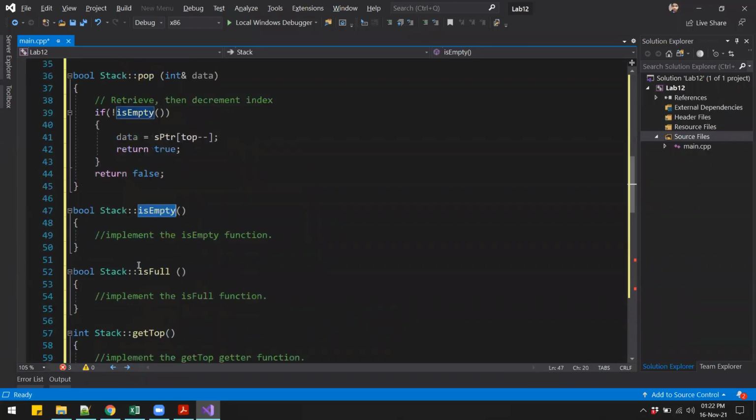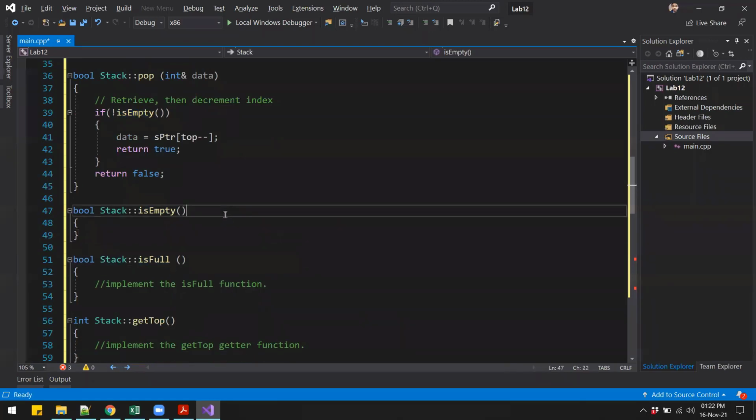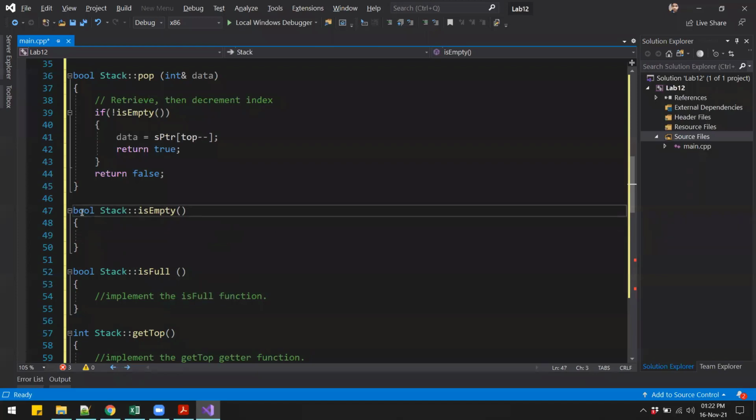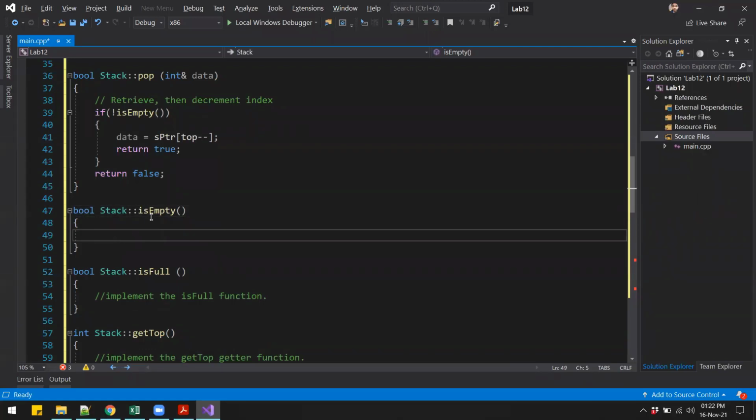I'll go to this function over here. Now this function is returning a boolean object. That means it has to return either true or false. So it will return true if the stack is empty, and false if the stack is not empty. That means there is at least one data in the stack.